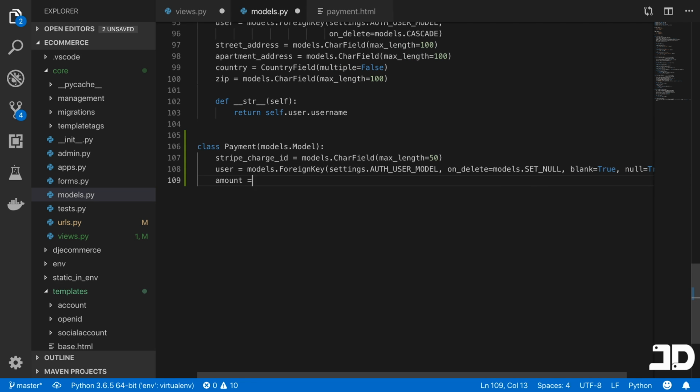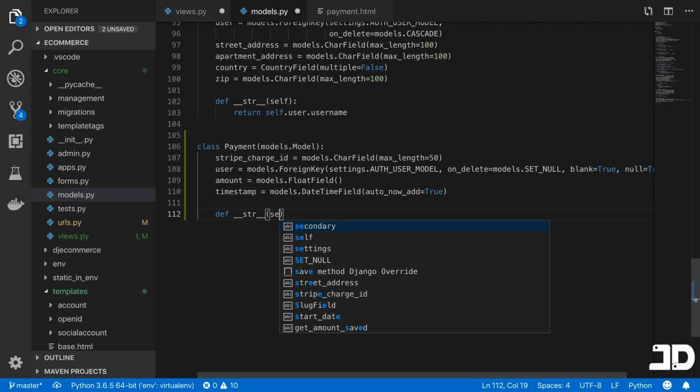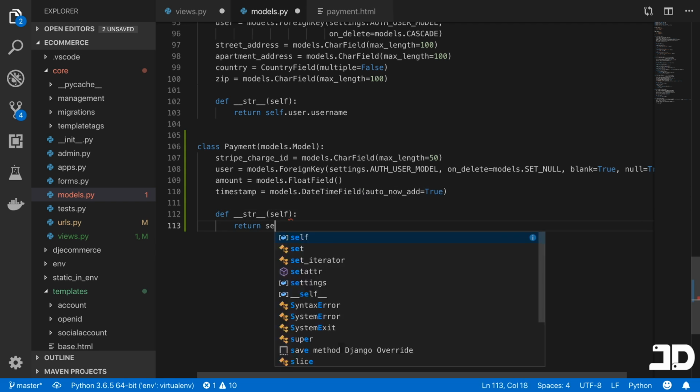I'll say an amount equals models.FloatField. And we'll add a timestamp and say this is models.DateTimeField. And I'll say auto_now_add equals true. And then we can say def __str__ of self. And I'm just going to say return